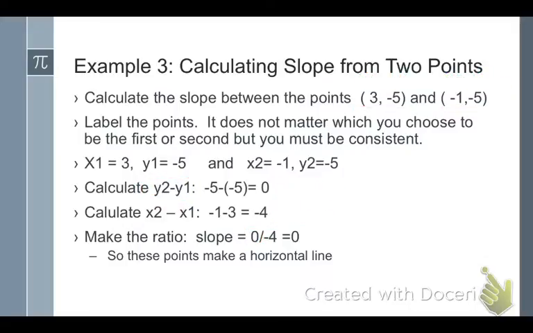Let me show you that. If I draw a little grid, and I want to plot the point 3, -5, and the point -1, -5. Well, 3 would be over here somewhere for the x-coordinate, and -5 is 1, 2, 3, 4, 5 down here. So 3, -5 would be about there. -1, -5 would be about there. And what you see is you get a horizontal line. Now, if you did that on graph paper, it would be clearer that it was a horizontal